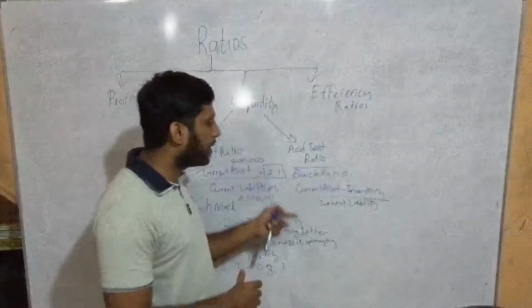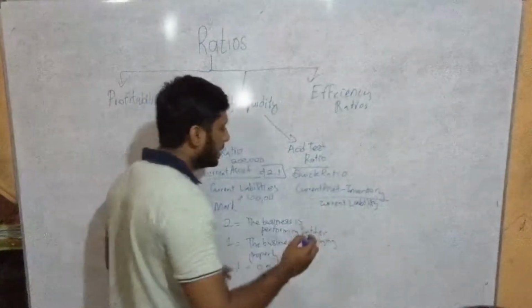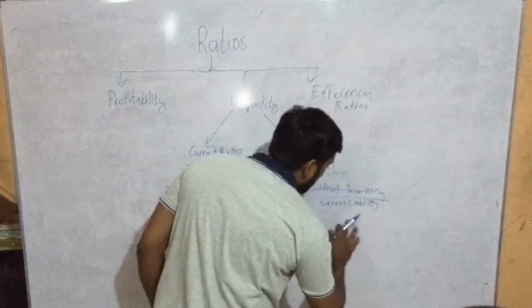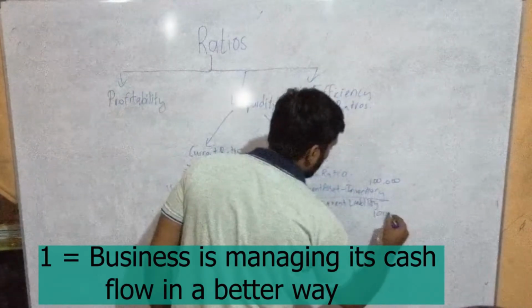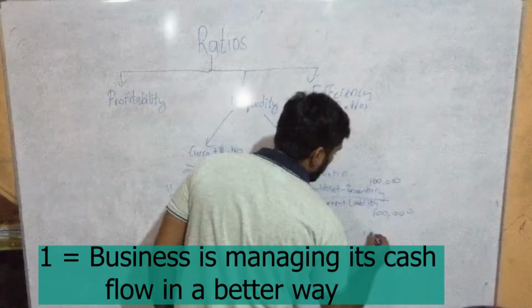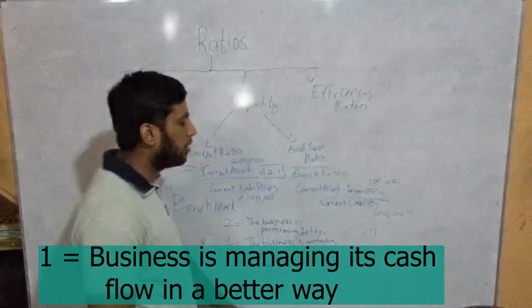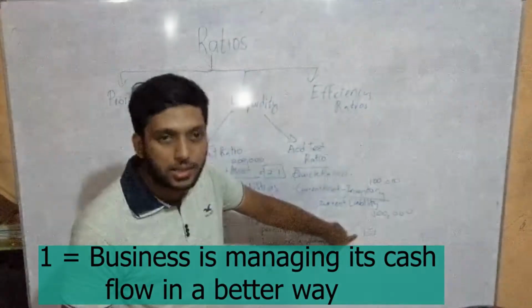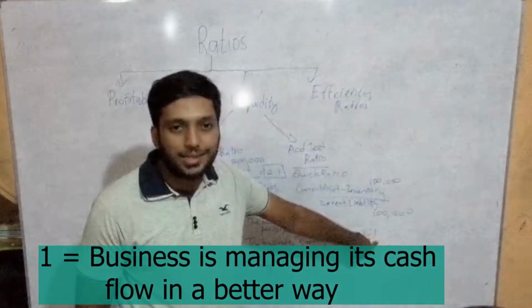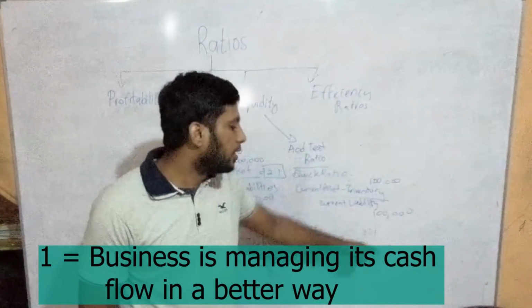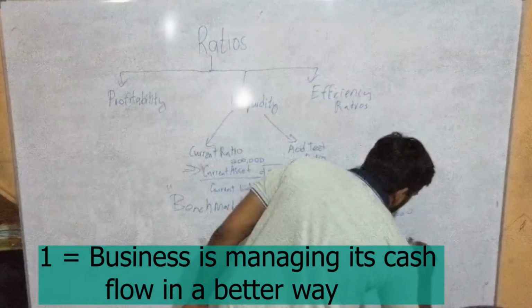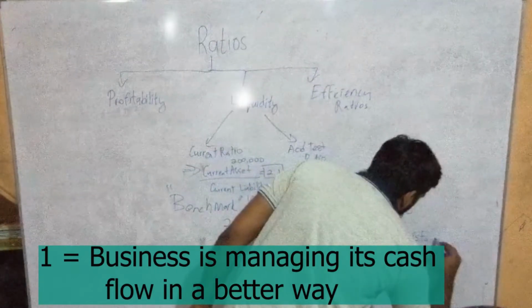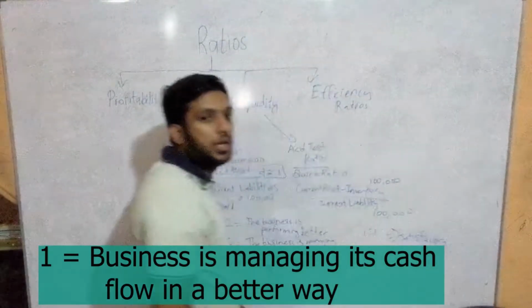So when it comes to quick ratio, when I say the benchmark, for example, if your benchmark is 100,000 here, and if you get 100,000, the business is 1:1. They are operating in 1:1. Remember, the left side is representing the current assets and the right side is representing the current liabilities. So when I say 1:1, the business is satisfactory. It's at its best.